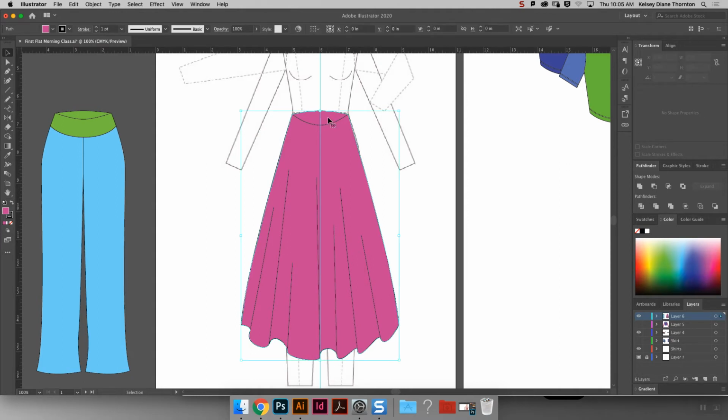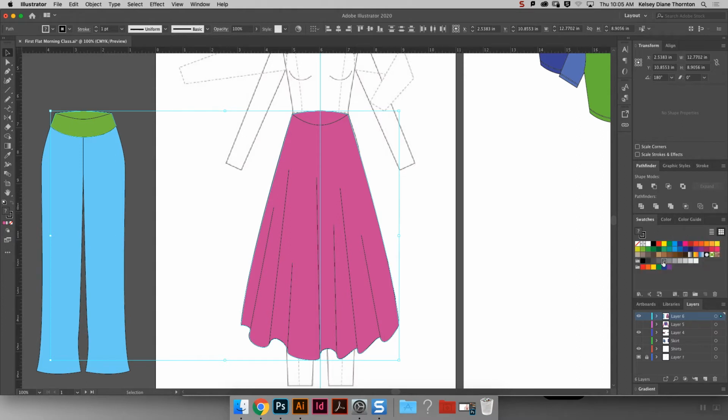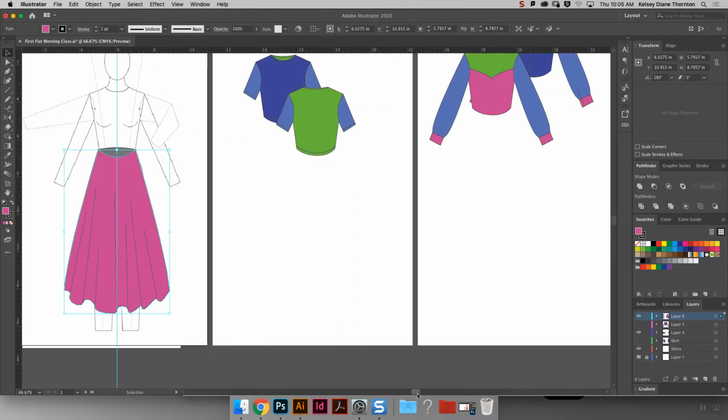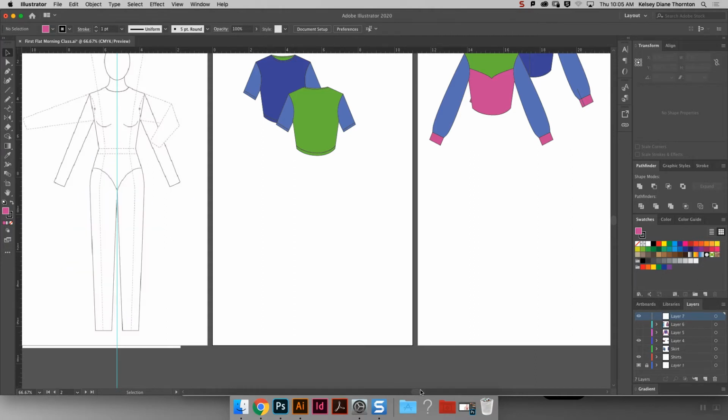So there we have a back, and a lot of times we are encouraged to make the back completely gray and not have any color on it. So that's what you do. And then I would potentially add a waistband to this or some other detail, but we'll come back to that in a second. I'm going to shut off this skirt layer, make a new layer,